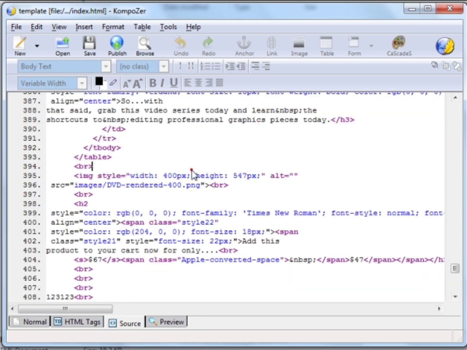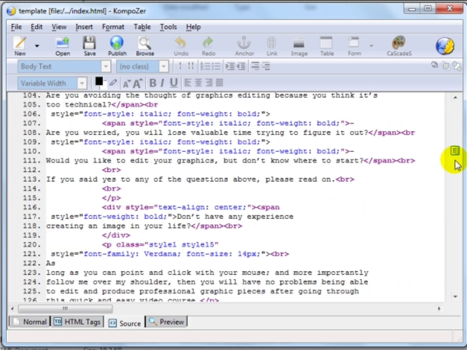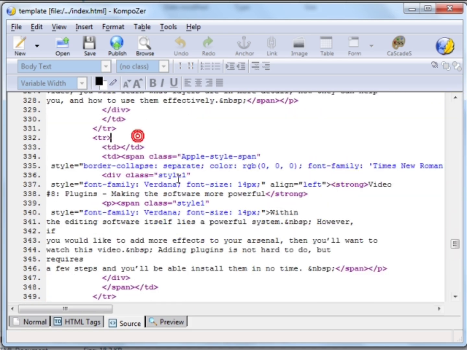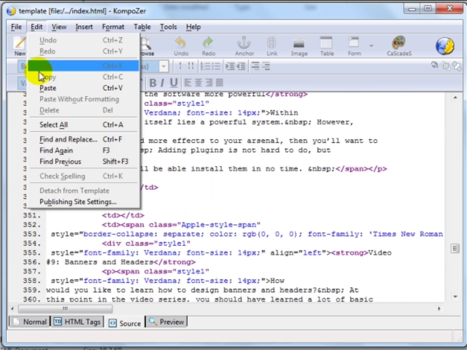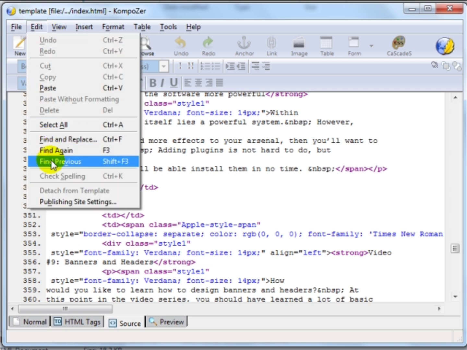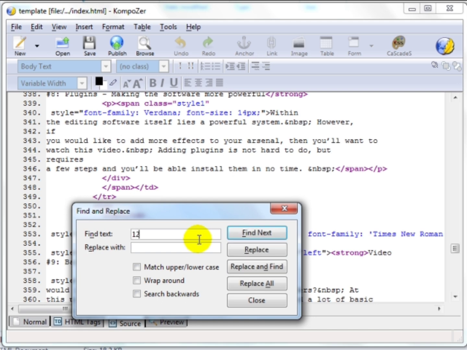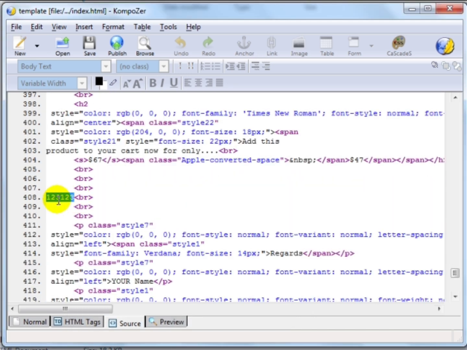And you're going to notice that this is probably going to freak you out, but don't get freaked out yet, because even though this is code that you may not understand, all you have to do is click on edit and find 123, 123, and simply